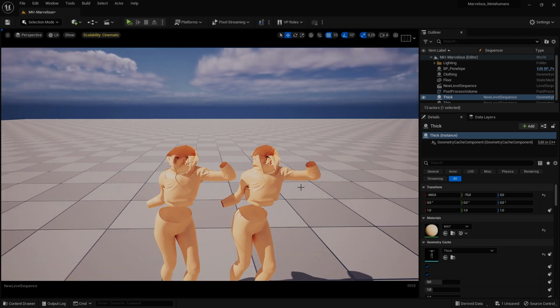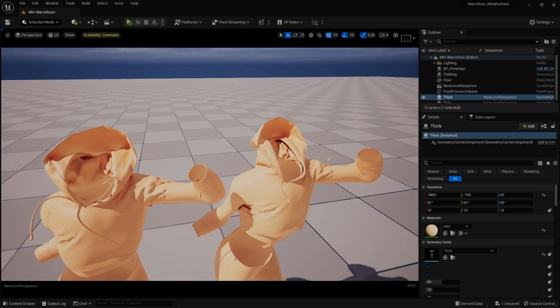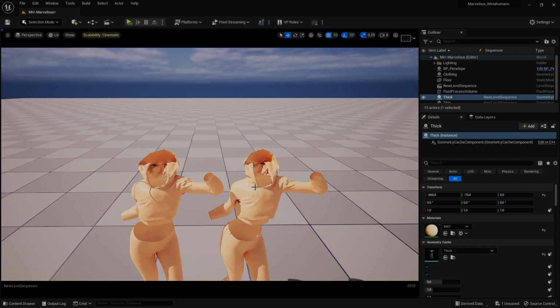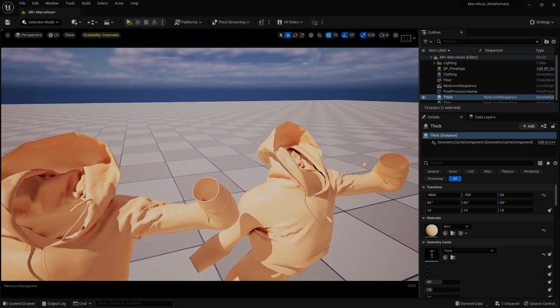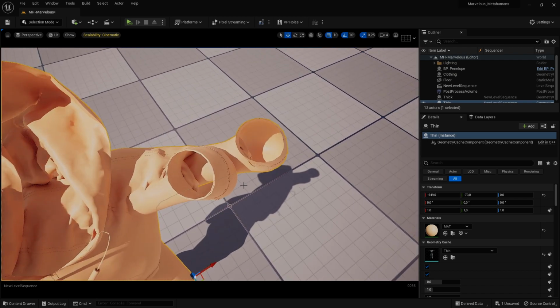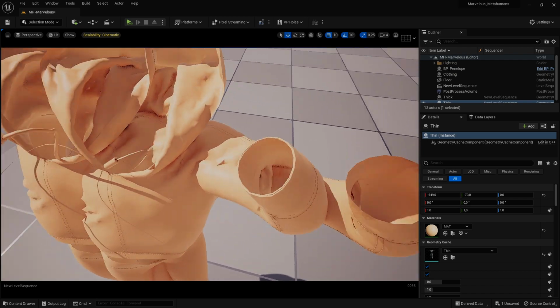Now the other difference is the thickness of the actual clothing. If you look at the hoodie sleeve, you can see this is the difference between the thick and the thin.